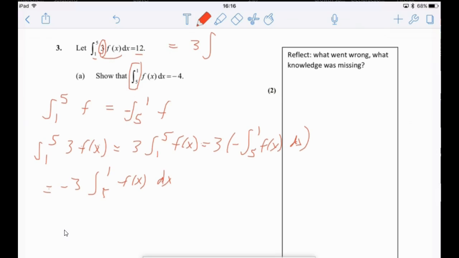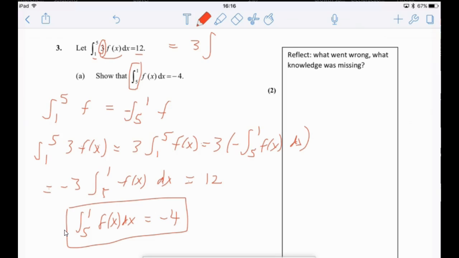Alright, and then I know that that's equal to 12, right? So now I can solve for this integral here by dividing both sides by negative 3, and then I will end up with negative 4, which is exactly what they asked us to show. Okay,